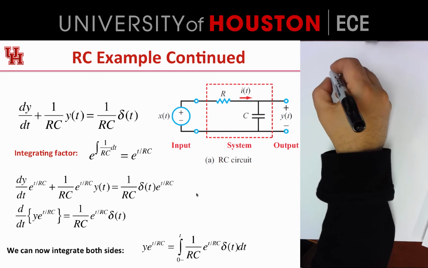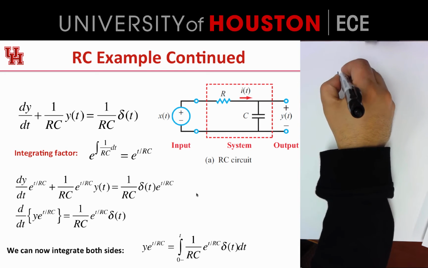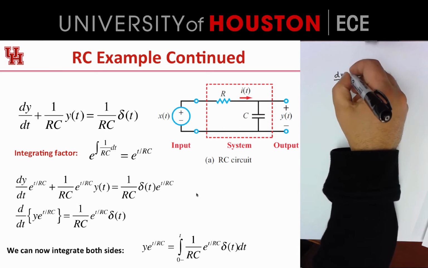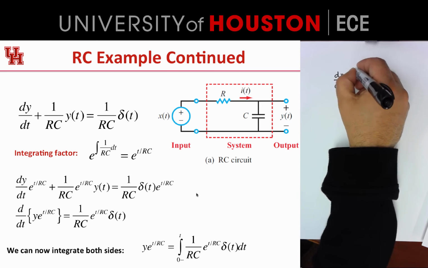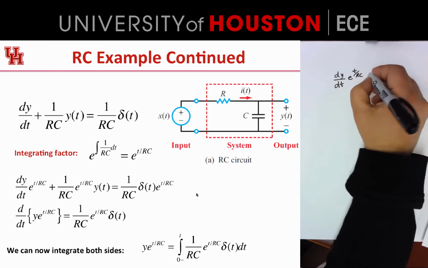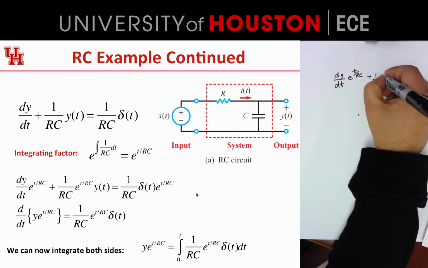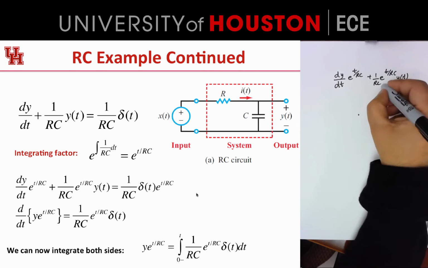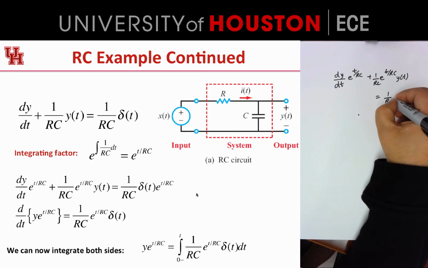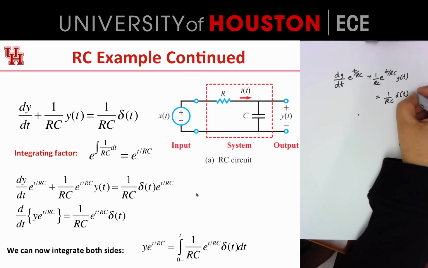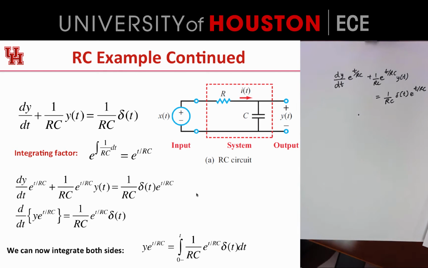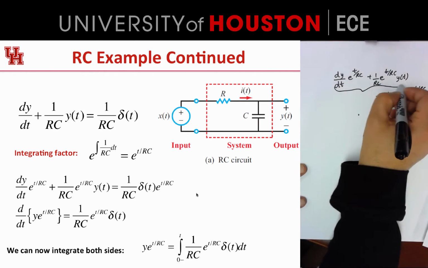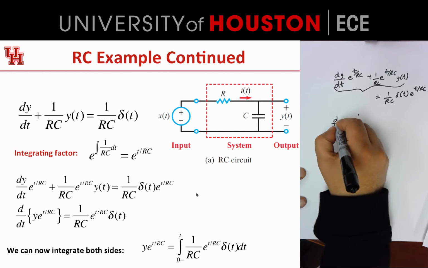So let's see what we get. We have dy/dt times e to the t over RC, plus 1 over RC e to the t over RC times y of t. On the right hand side we get 1 over RC delta of t e to the t over RC. Now the left hand side is basically d/dt of